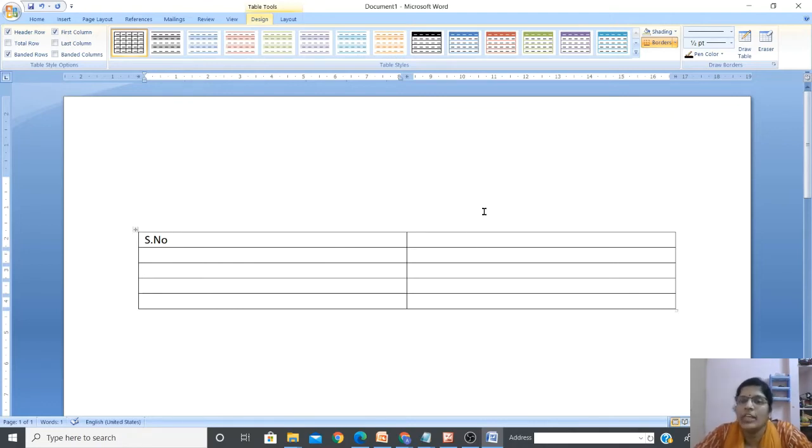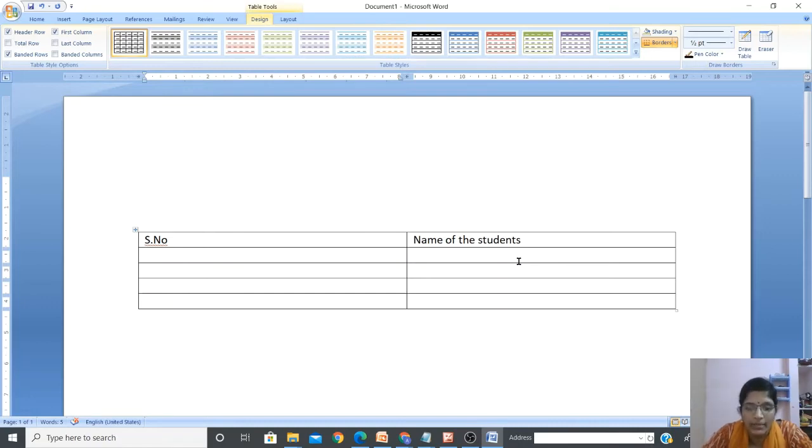So how to move to this column? There are 2 ways. Keep the cursor here and click. You will get a cursor and you can type. See, I am typing name of the students. Now again, I want to get to the next column. So the first way I said, just keep the cursor and click. You will get a cursor, right? Another method is, in your keyboard, you can see the key called Tab. You have to click on the Tab key. When you click on the Tab key, you will move to the next cell.